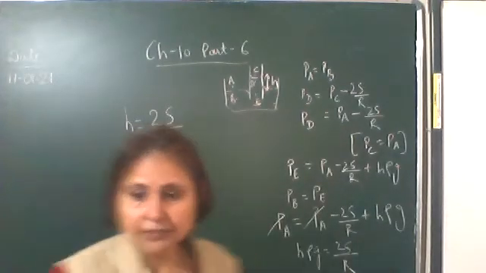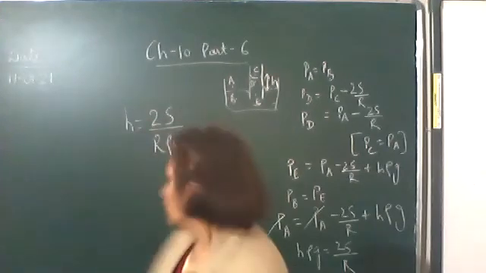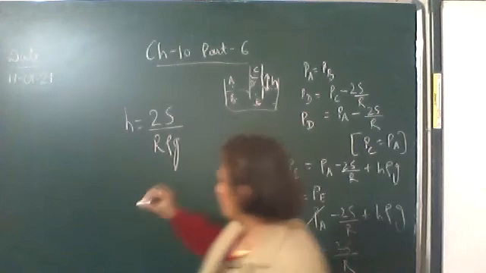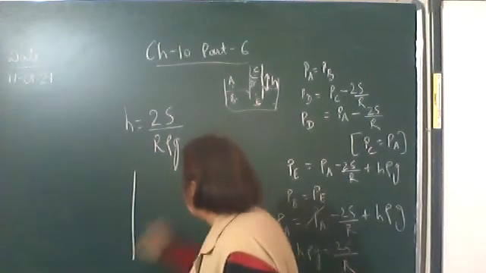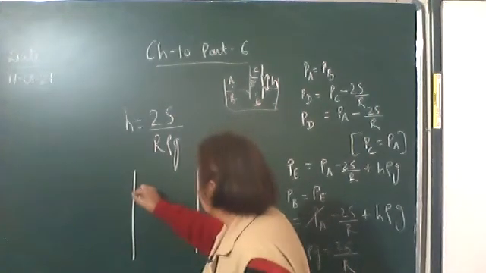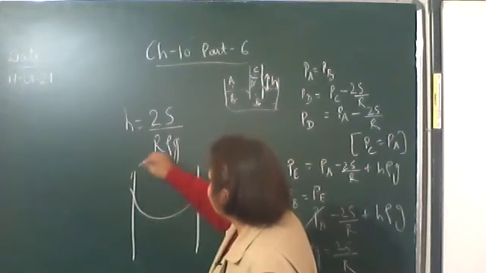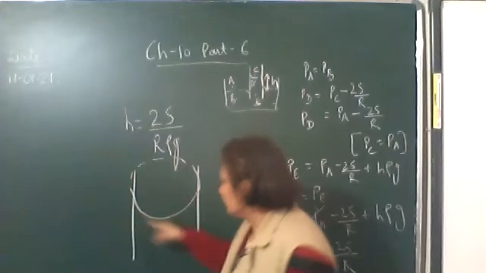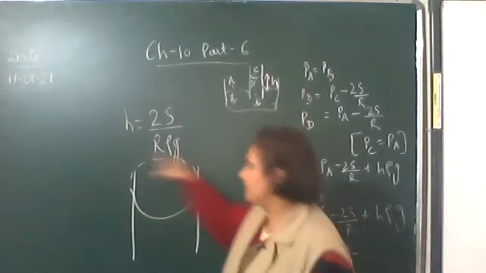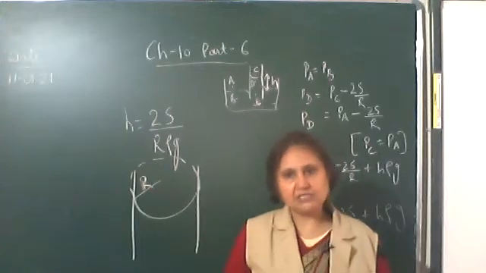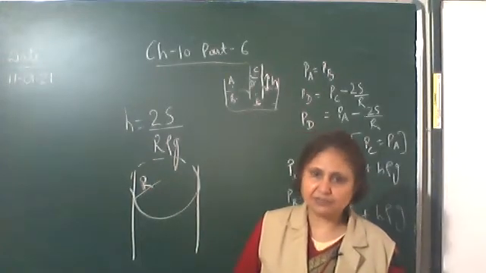Okay, now we come to the discussion of what this R is. Let's draw the figure again. Let this be the capillary. R is the radius of curvature, that is, this spherical part. If you complete the sphere, the radius of it will be equal to R. This is capital R, the radius of curvature.